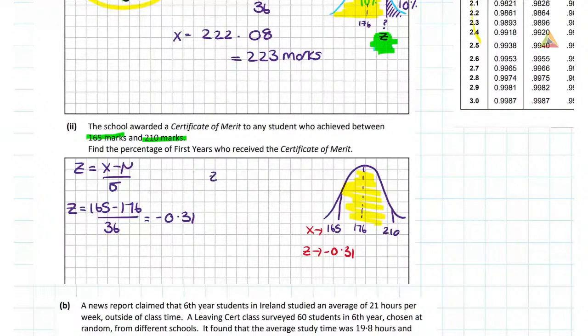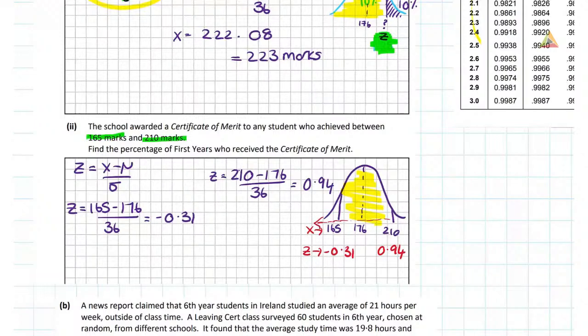We're going to do exactly the same, but this time 210 is my x value, 176 is my mu, and 36 is my sigma. And this time we're expecting a positive value because look where it is. It's over to the right of the mean. So it's 0.94. Okay. So our job is to first of all work out the probability to the left of 0.94, and